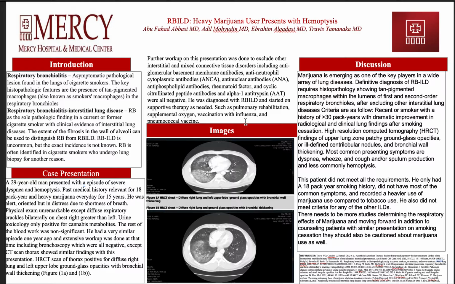RB-ILD is more often diagnosed in patients if they fulfill a set of clinical criteria, which this patient does not meet all of. However, this patient does meet some. He only had an 18 pack year history of smoking. He did not have most of the common symptoms and recorded a heavier use of marijuana compared to tobacco use. He also did not meet any criteria for the other ILDs. There need to be more studies determining the respiratory effects of marijuana moving forward, in addition to counseling patients with similar presentation to stop smoking and to stop using